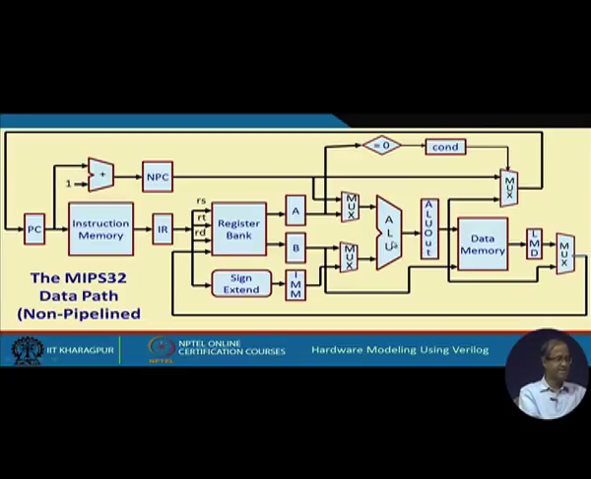And in the EX stage, I said you also have a comparator which checks whether A equal to 0 or not, and the result is stored in a 1 bit register cond. In the MEM stage, you actually do either a read or a write. The memory address is obtained from ALU out, and in case you want to do a write, the data is in B, B is written here, and in case you do a read, the data read will go to LMD,